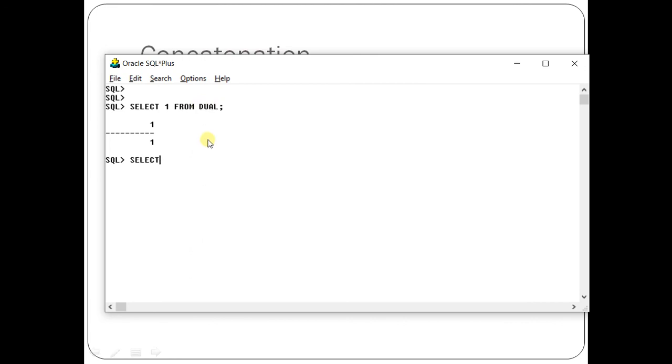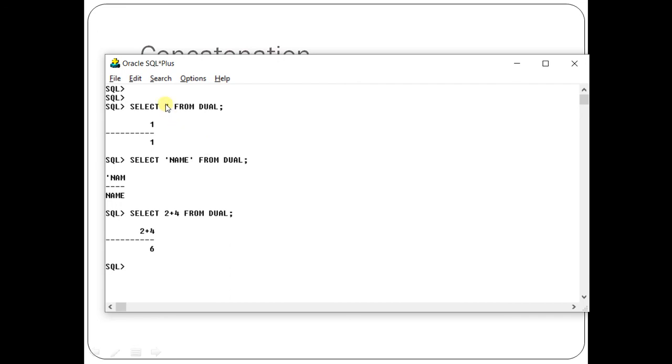Similarly, if you type select 'name' from dual, what will happen? You can guess. A single value will be displayed. Now if you type select 2 plus 4 from dual, what will happen? You can guess. Heading will come 2 plus 4 and answer 6 will come.